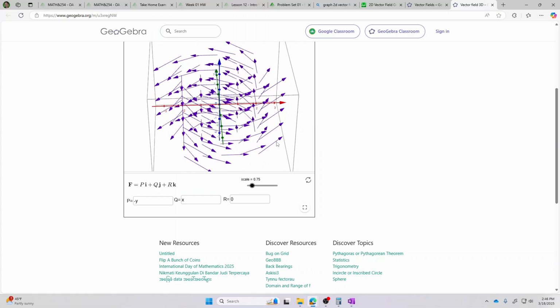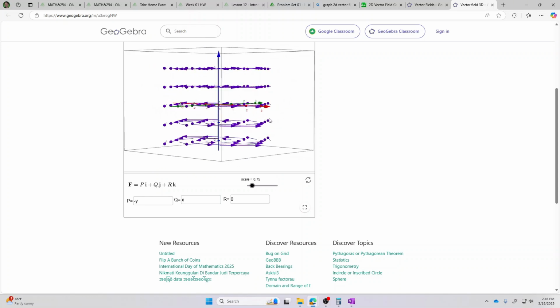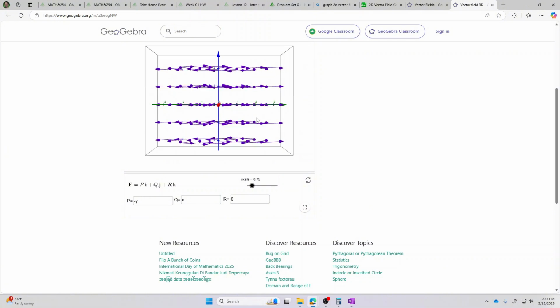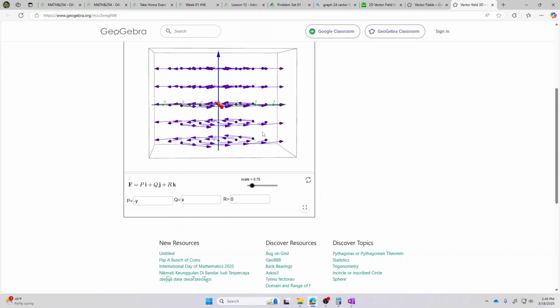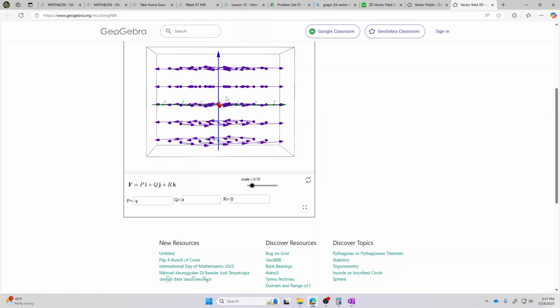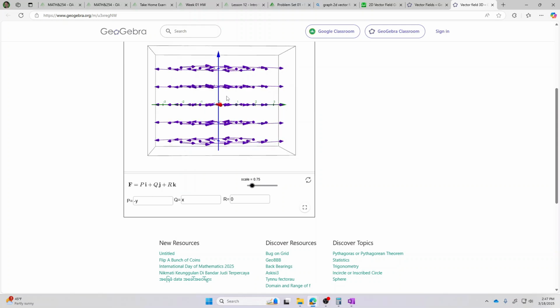Now if I look at the vector field as they're swirling around the x-axis, so let me look at it from the perspective of the x-axis. I am not really seeing a clear swirling behavior around the x-axis. I don't see any swirl at all, really. They seem to be just moving sort of flat as viewed from the perspective of what is happening around the x-axis. So I wouldn't be surprised to find that the curl vector for this vector field has a 0 x component.